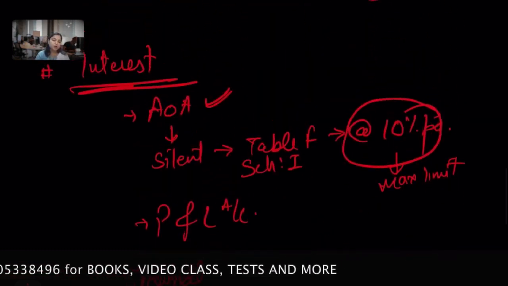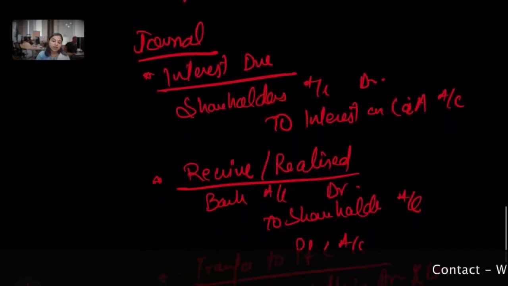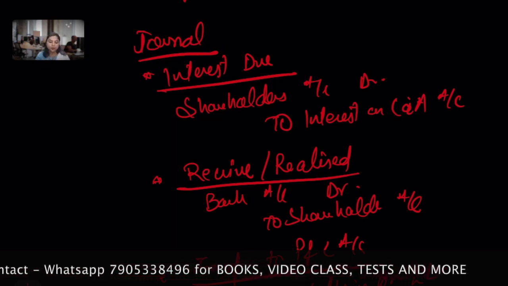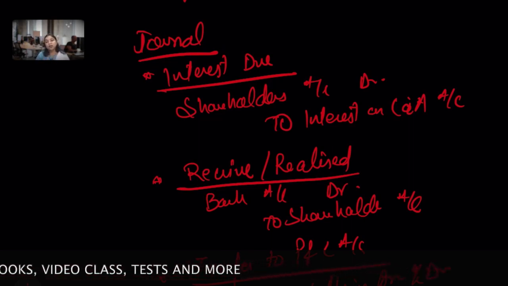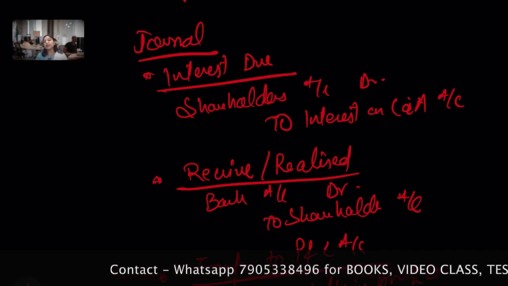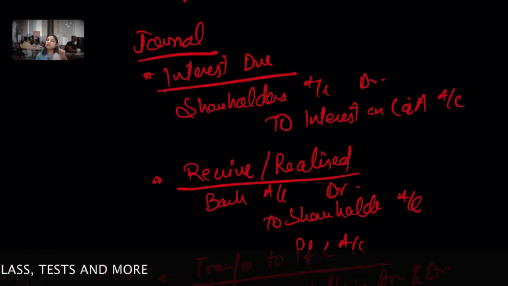तो जब हम इंटरेस्ट जो है 10% से ज़्यादा कैलकुलेट नहीं करते. अब इसकी जनरल एंट्रीज क्या होगी? जनरल एंट्री पहले तो हम शेयर होल्डर जो है उनसे लेंगे इंटरेस्ट. तो शेयर होल्डर अकाउंट डेबिट टू इंटरेस्ट ऑन कॉल्स एंड अरे, इसको हमने ड्यू कर लिया. याद नहीं करना क्योंकि शेयर होल्डर से लेना है, इंटरेस्ट लेना है. ठीक है, और उसके बाद इन शेयर होल्डर से पैसे निकलवाने, तो बैंक अकाउंट डेबिट टू शेयर होल्डर्स.